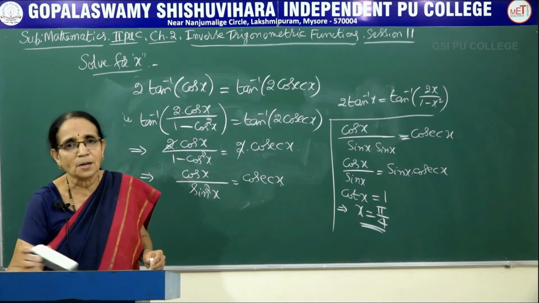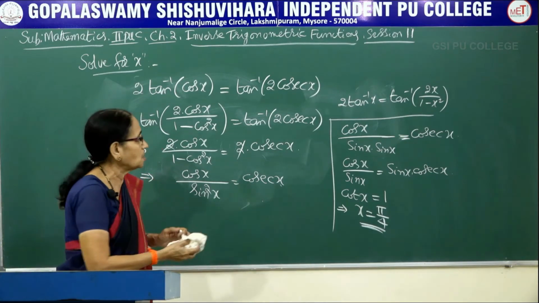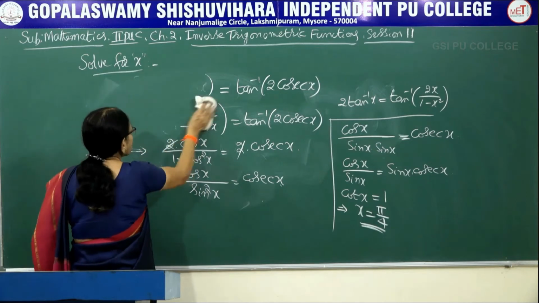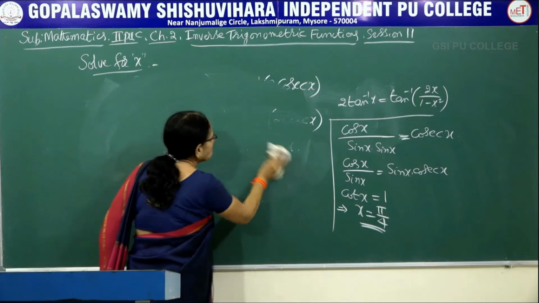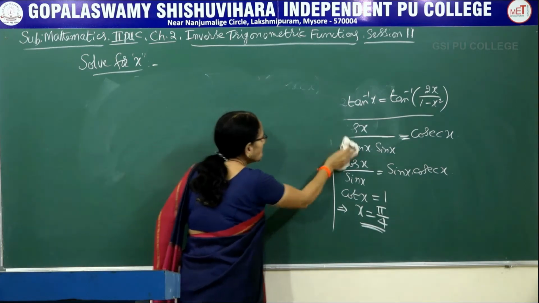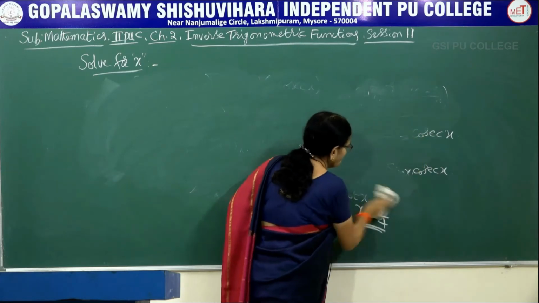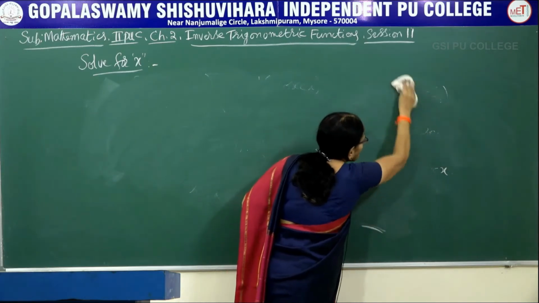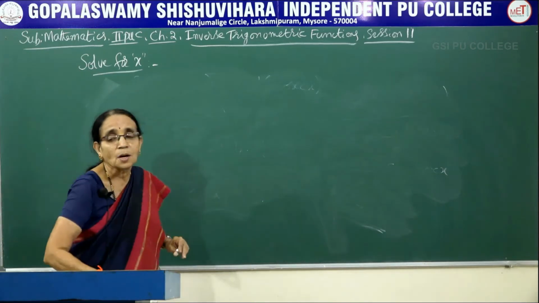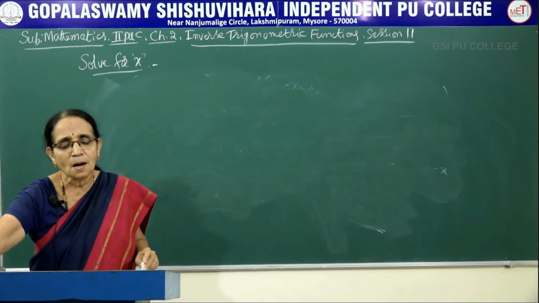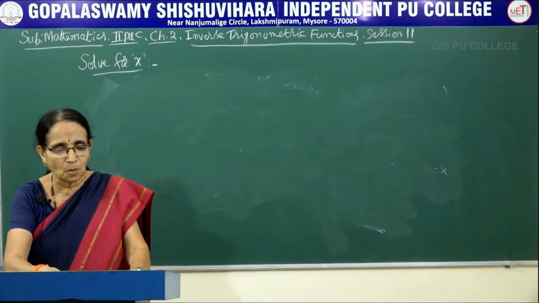Even this problem has been asked for a 2 mark question in the earlier examination. Now let me move on to some more next problem. So in each problem, some property or the other we have to use to simplify, then you can get the value of the unknown quantity. Now let me take the next problem.